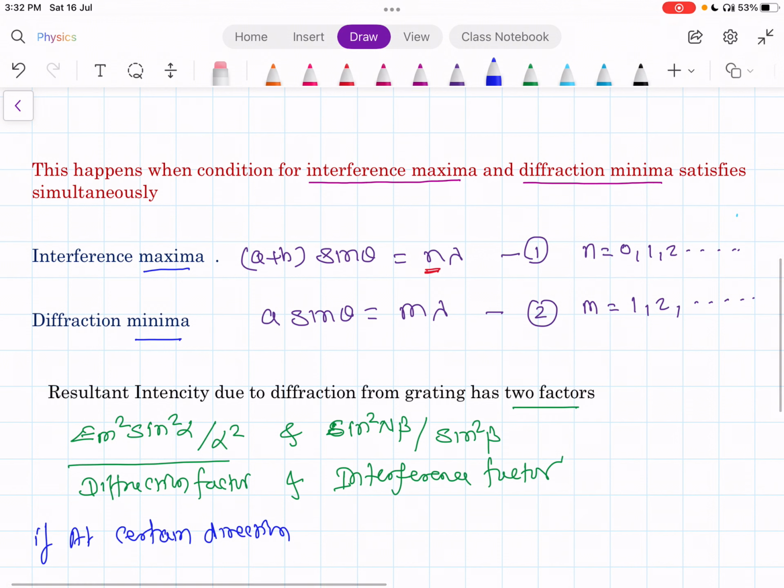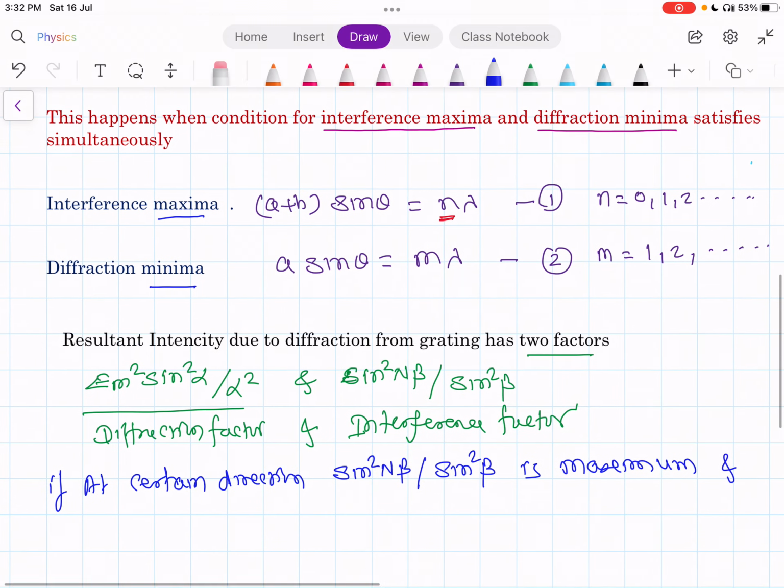The resultant intensity due to diffraction from the grating has two factors: the diffraction factor Im square sine square alpha upon alpha square, and sine square n beta upon sine square beta, the interference factor. So if at a certain direction the interference factor is maximum, that means sine square n beta upon sine square beta is maximum,